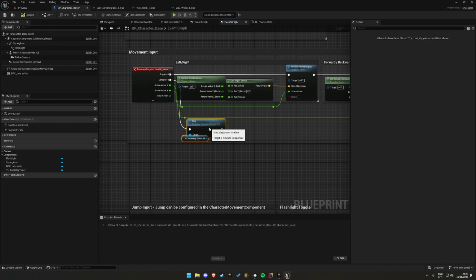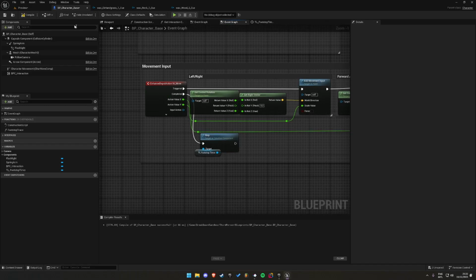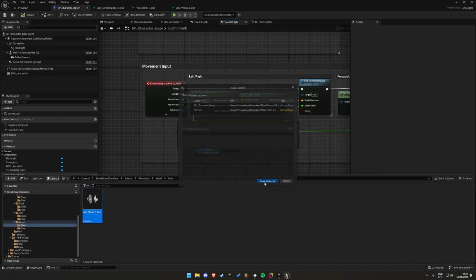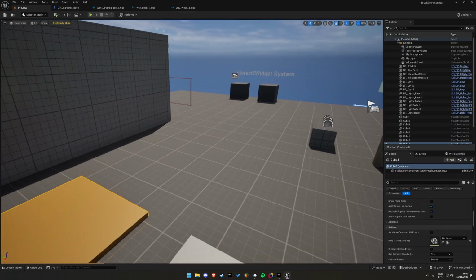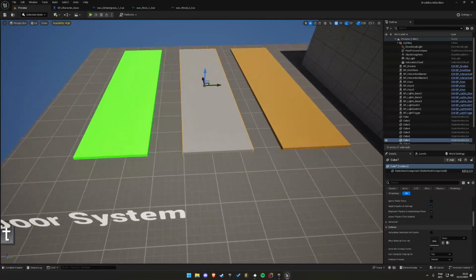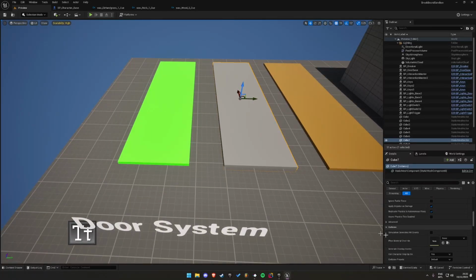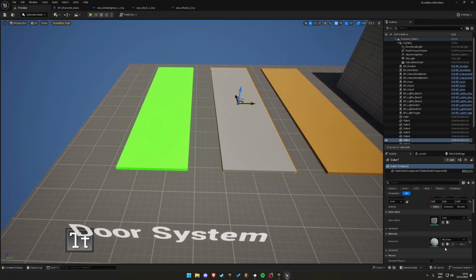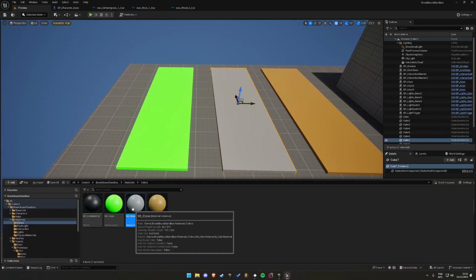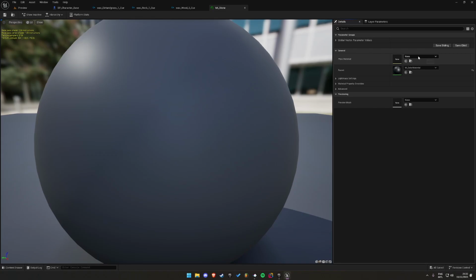Move this a bit down. Okay, so compile this, then save. Now we can test it out. So how you can test this, you can either right click on your material. There's 2 ways to do this. So the best way to do it is to go to your material, open it, then you have physical material,